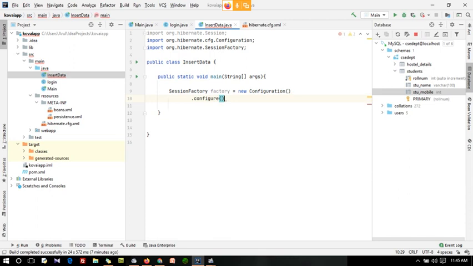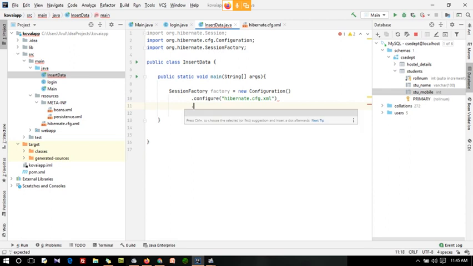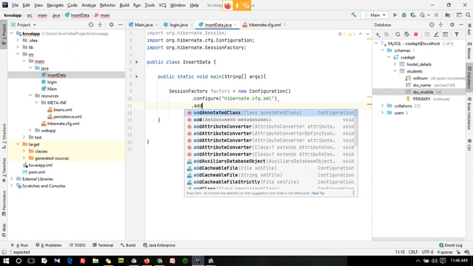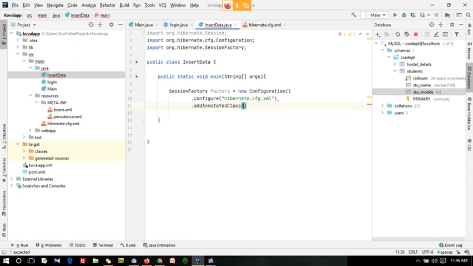Like I have configured everything inside my Hibernate configuration, hibernate.cfg.xml. And another thing is I want to add the annotated class. I am having the annotated class which is my Pojo class, which is my login.java.